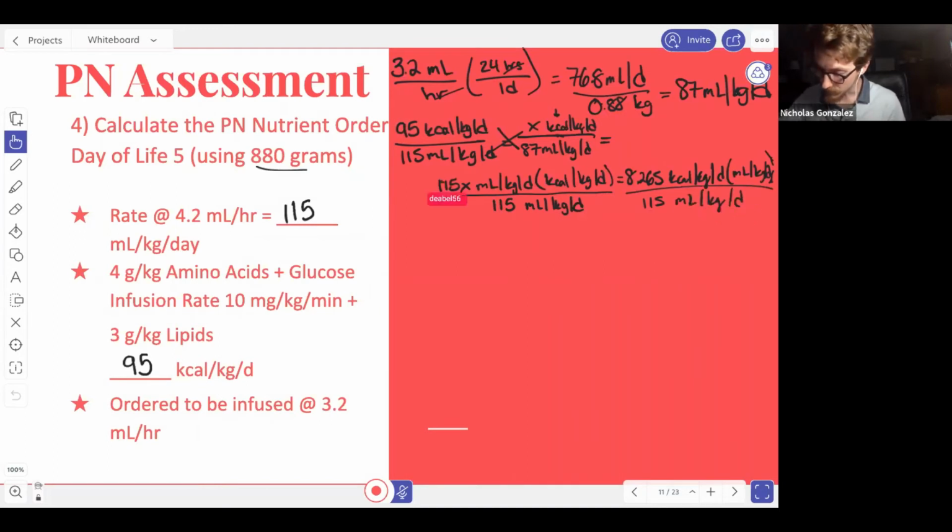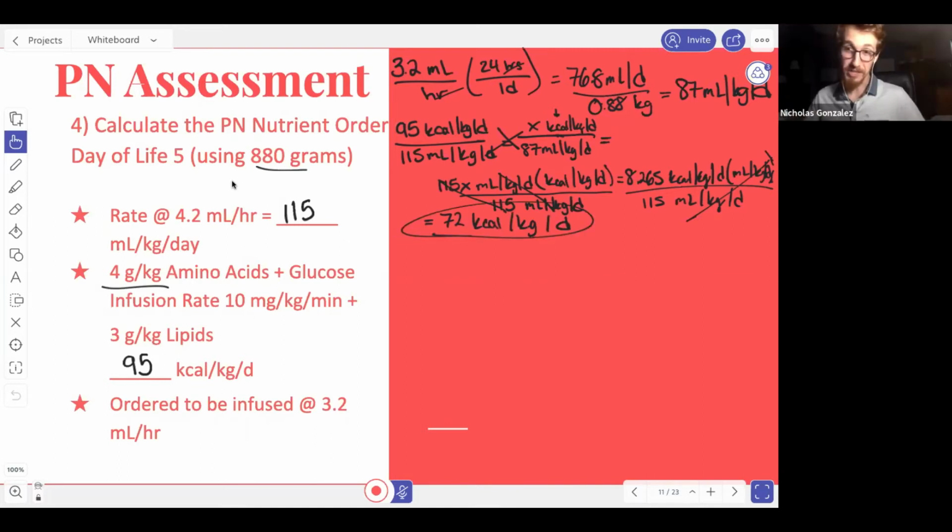In doing so, these will cancel out. These will cancel out. And that's going to give us 72 calories per kilogram per day. Okay, so that's our answer there. Now we're going to take a look at the protein and figure out how much protein the infant is going to